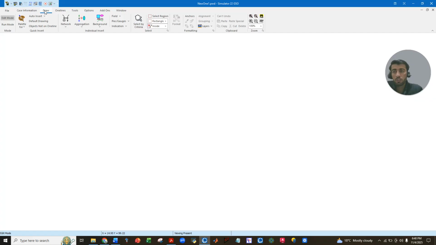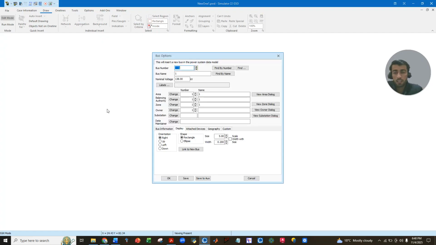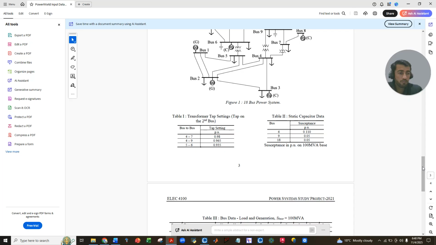Here we can go into Draw, and then under Network you have to click here, and here is the option of bus. I have to drag it over here and then click where I want to put it. So yeah, this is bus number 1. What is the name of the bus? I can mention it as a swing bus. So I have changed it. And what is the rating? So the rating of this bus is